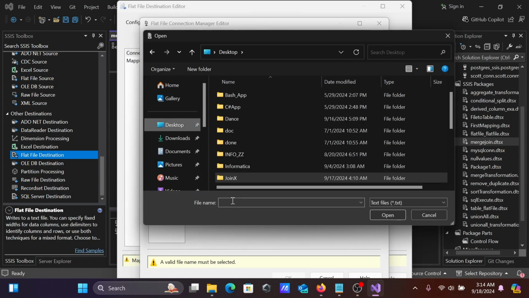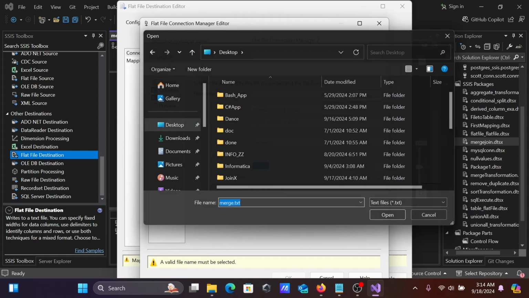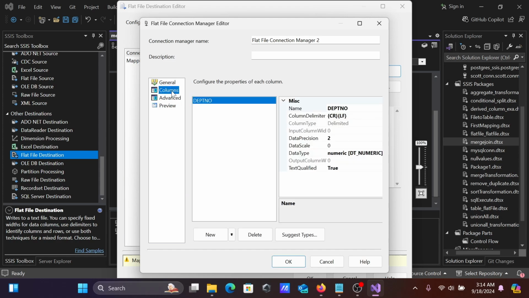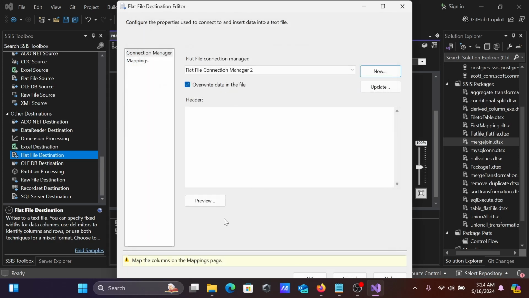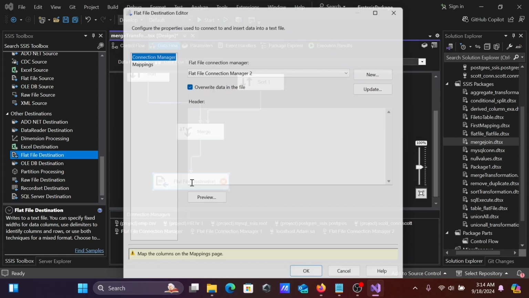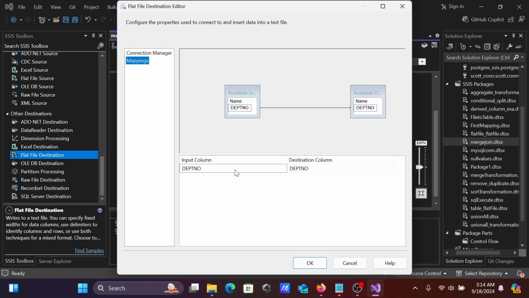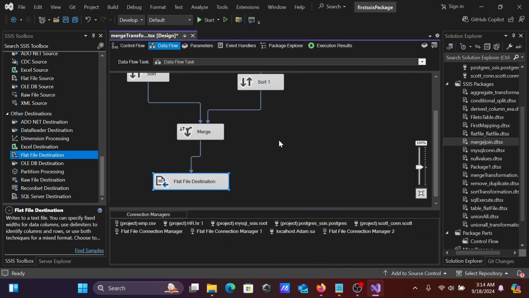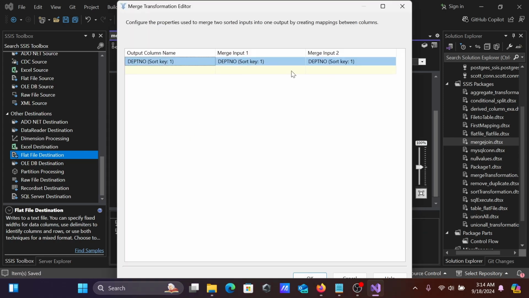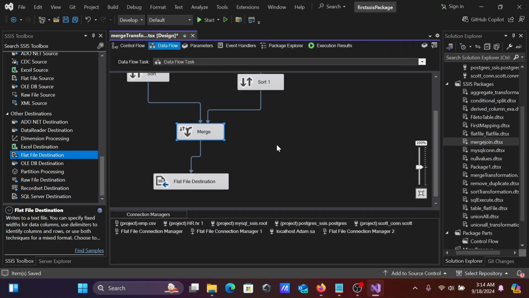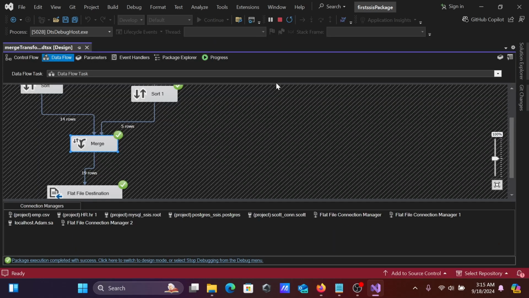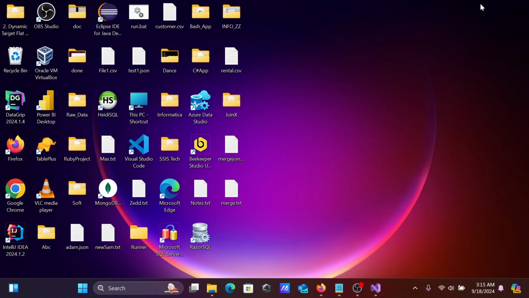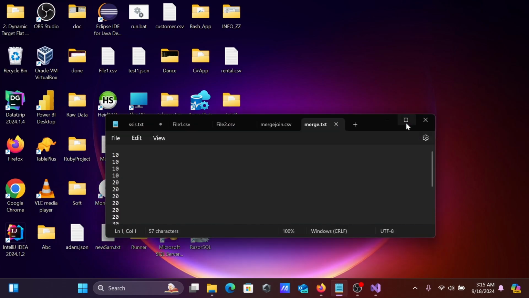On this text, getting the data merge, getting the file merge.txt. In the columns you can see only one matching column comes there. So let's click on OK. Okay, there is the problem. Let's go to this mapping, only the matching column comes there. Save that. Now if I go to this merge, only the matching column comes there, so you cannot make any changes there. This is the problem: if the file structure or the source structure is not the same, then you cannot get the expected output. In merge.txt you can see this record displaying.